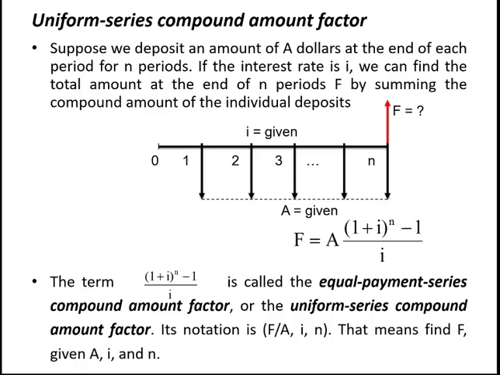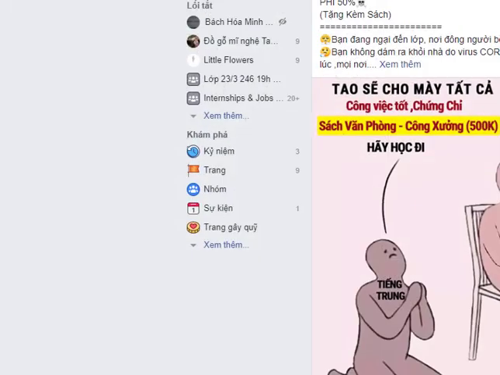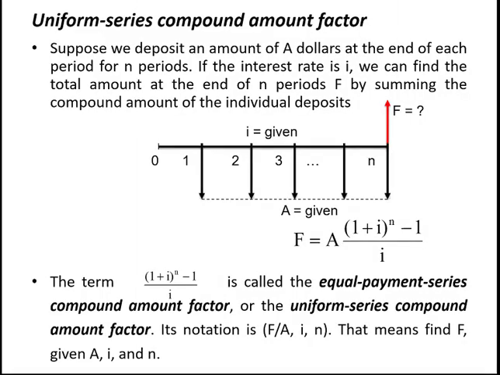Suppose that we deposit an amount of A dollars at the end of each period for n periods. If the interest rate is small i, you can find the total amount at the end of n periods, F,